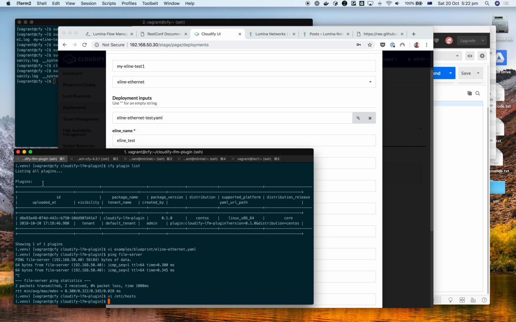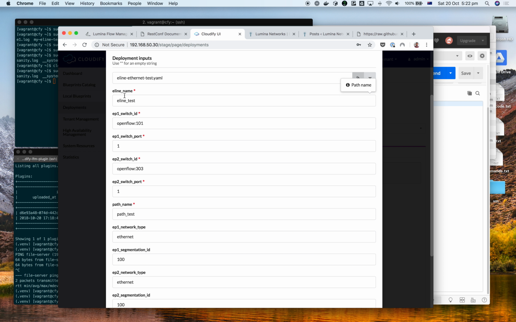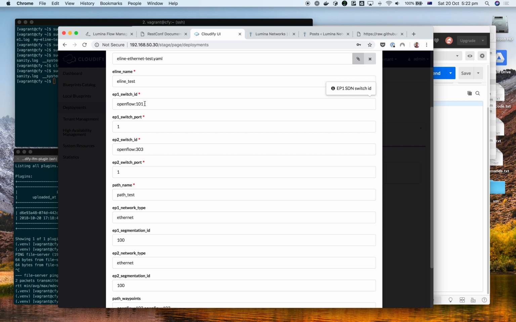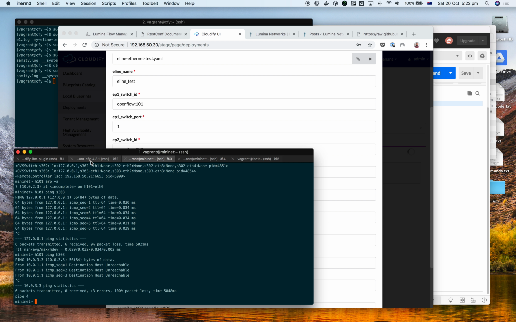And if we just look at that file quickly, samples, inputs, ELine Ethernet, then these are just the parameters that these fields are expecting, and I've just pre-filled those. So we've got the ELine name, I just called it ELine test, OpenFlow 101, which is our